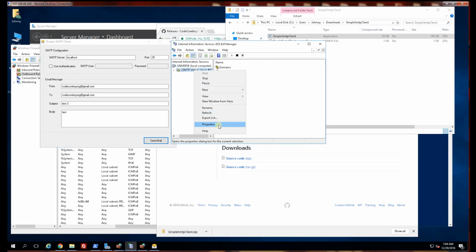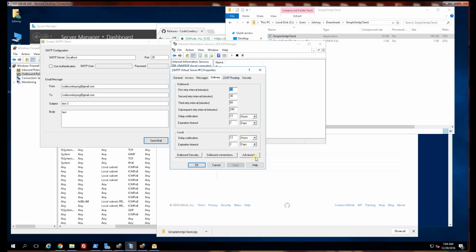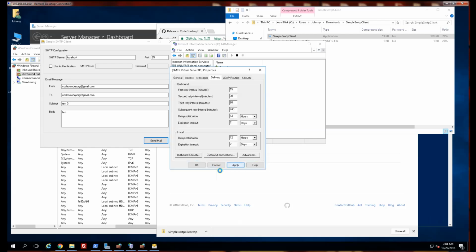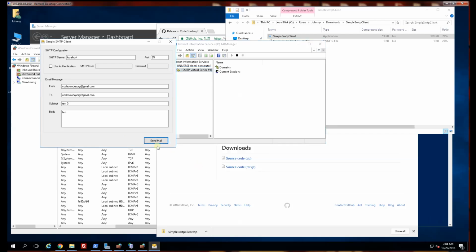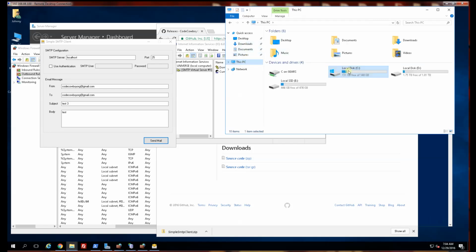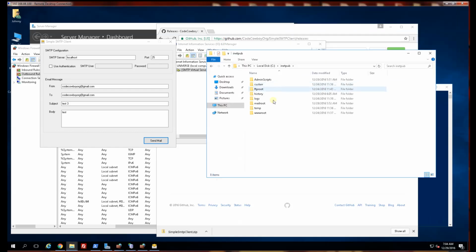Now the other aspect you might need here is, for example, I will change the SMTP so that it cannot contact my SMTP server. Now it will still say it's sent because it doesn't know any better. However, I will not actually receive the email. Now to debug that, for example, you can go into C:, where the SMTP server is installed, inetpub, go into the mailroot and click on any one of these. So you'll see it might be in the queue. So this was undeliverable